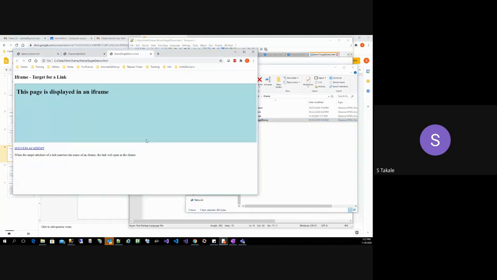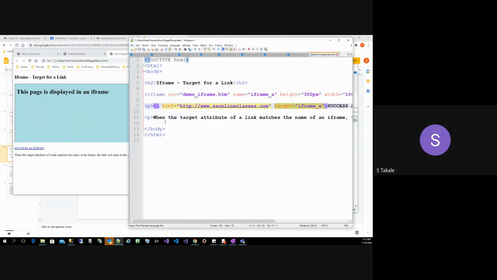Okay, I did not explain to you guys what it is, right? So this is a second example of HTML iframe. You can see one iframe, I use that same page with the name. And then another example of iframe is with another link